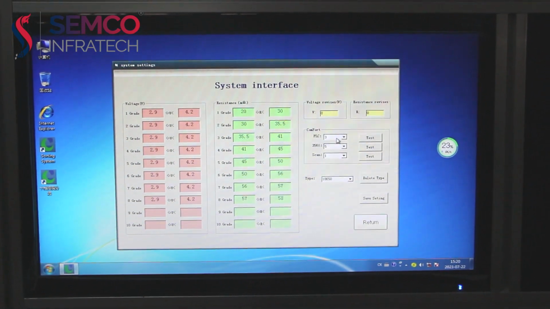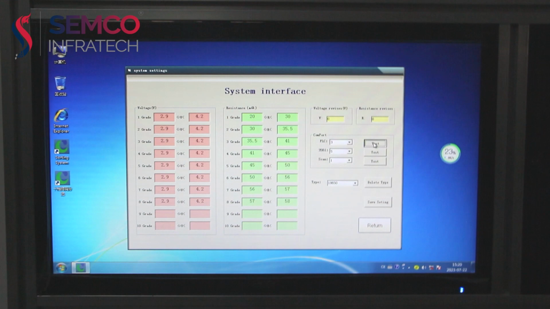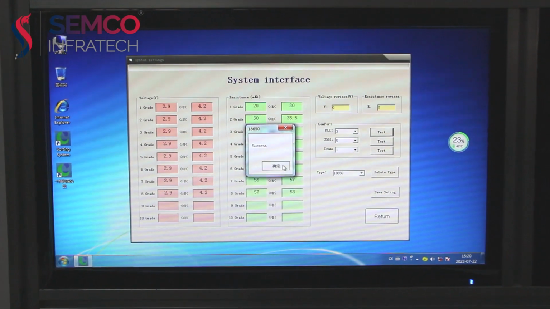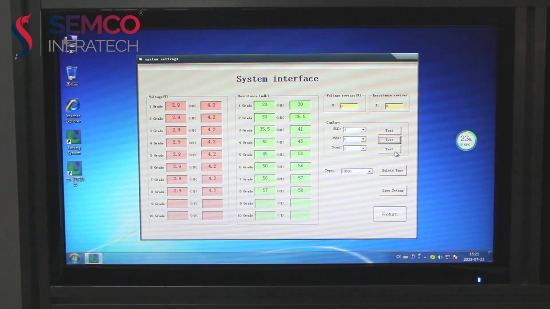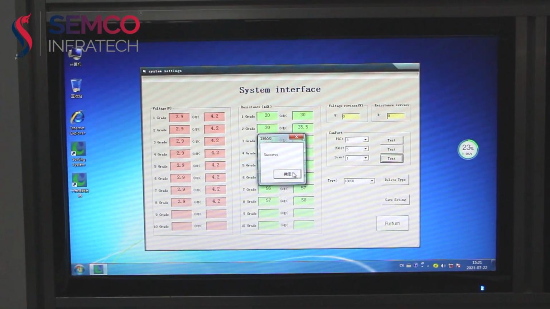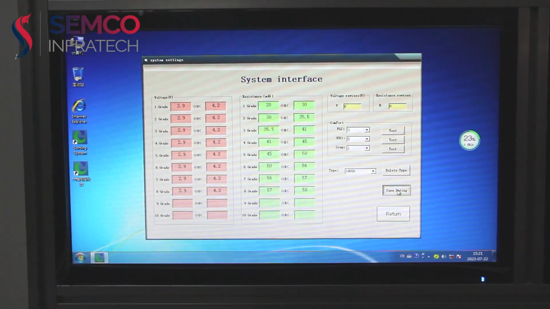To communicate with this PLC, we have to click on test, then IR, then scan. Then we have to save the settings.